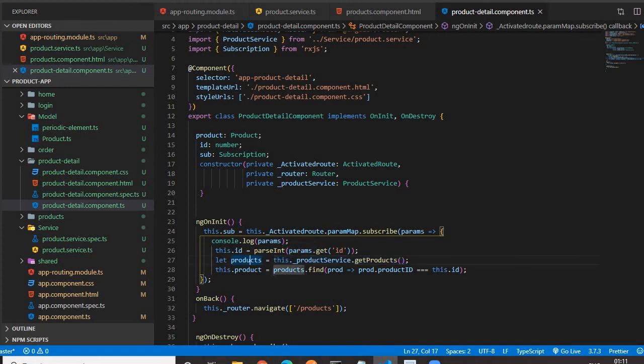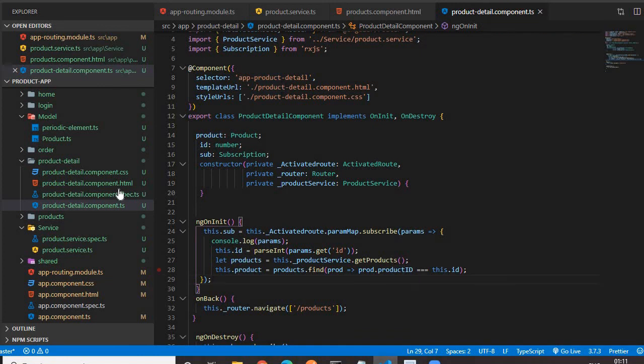Then I am iterating through the array. This is the JavaScript function for iterating through the array, and here it works like an if statement. Whichever product has a product ID matching the ID that we extracted from the URL, that product will be assigned to this.product. Once we get the corresponding product, we need to display its details in the HTML page.